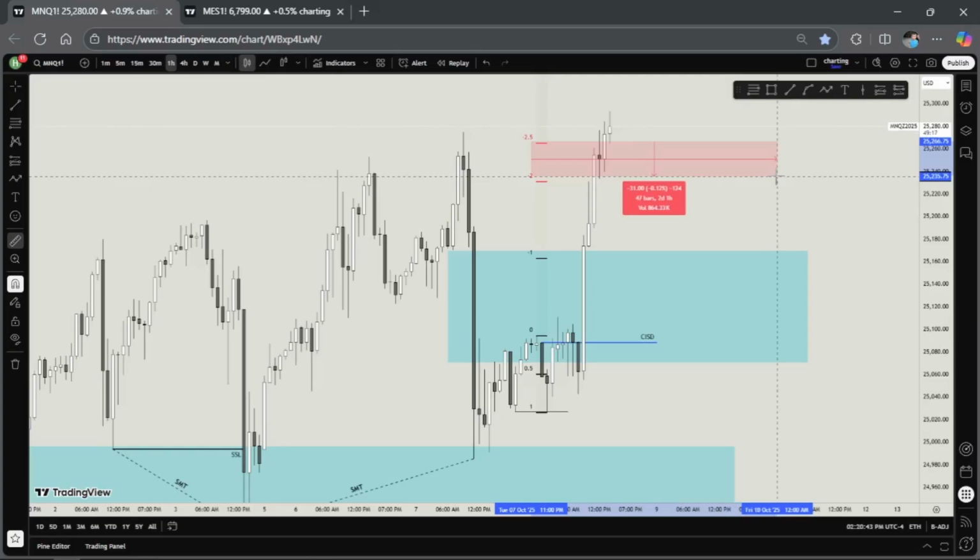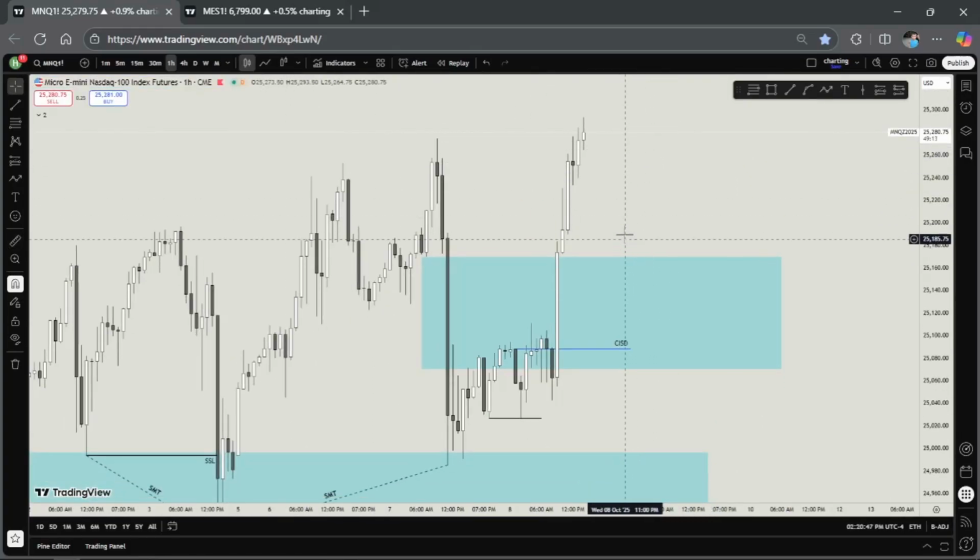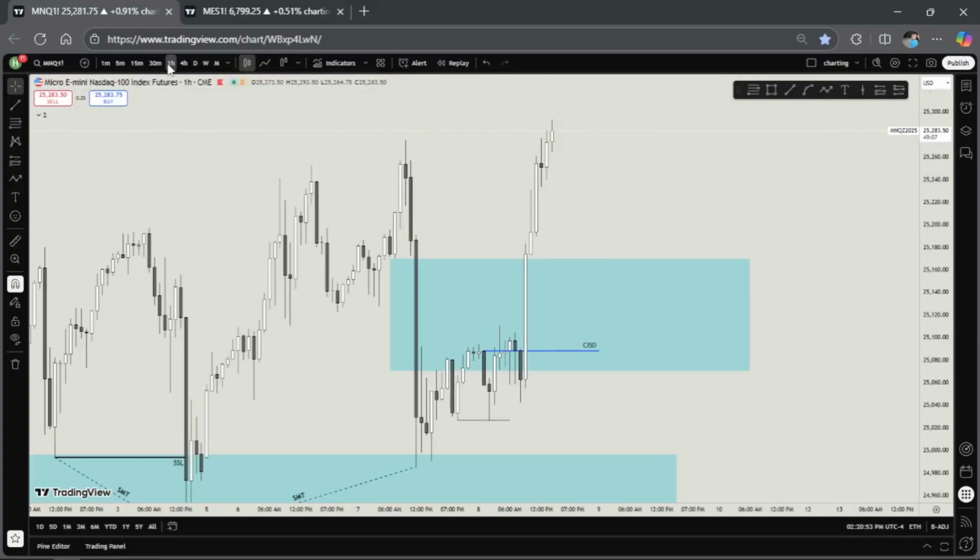ST 2 to 2.5 is hit, but I don't think we're done. As long as we respect the bullish PD array, we can be more bullish. We can still be bullish. I'm sorry, but what can happen is